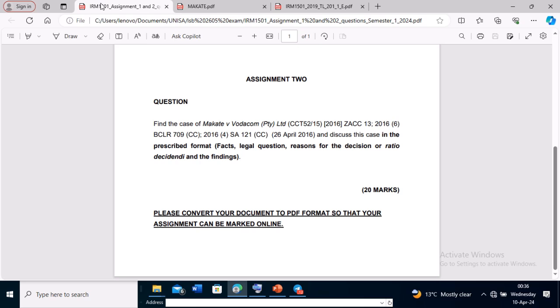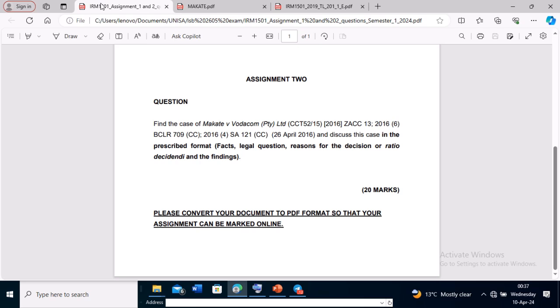So the first thing is that you should make sure that you include footnotes. Then, this kind of assignment is the first time I'm seeing it. Most of the time in my days they used to say include a bibliography. I don't know whether your lecturer forgot about that part, or maybe they included it in your announcements or emails. But if they require you to include a bibliography, a bibliography has four things: case law,